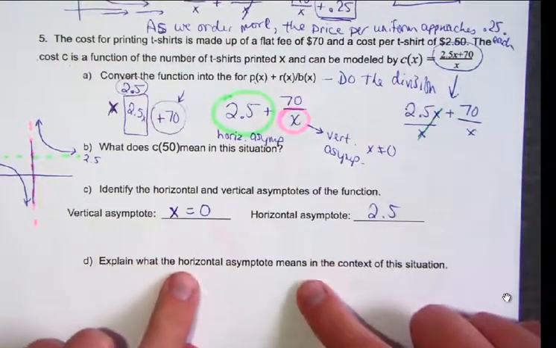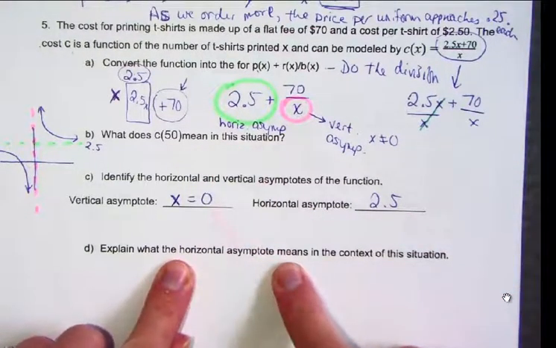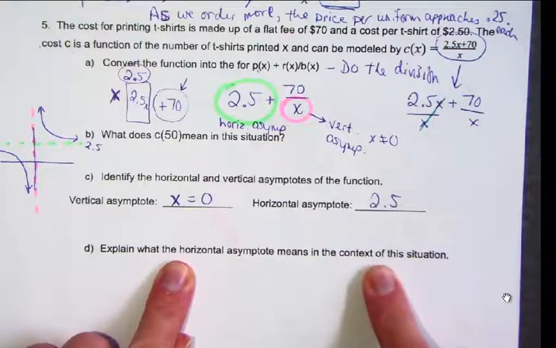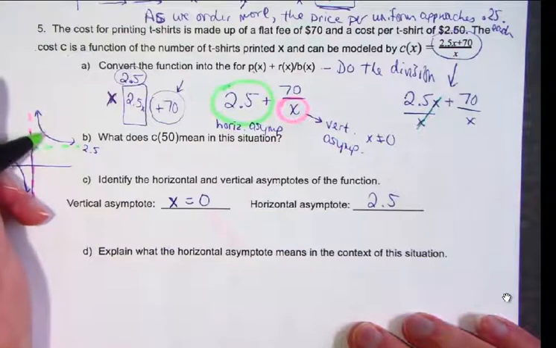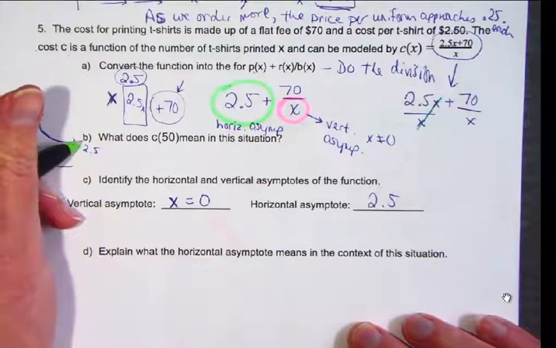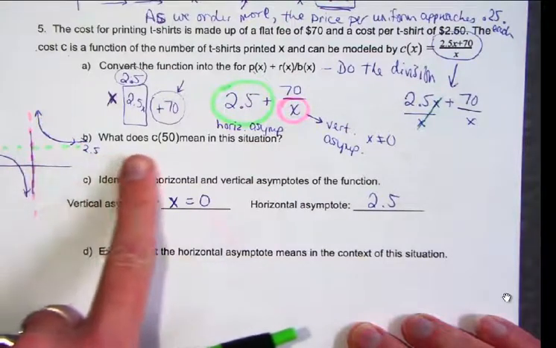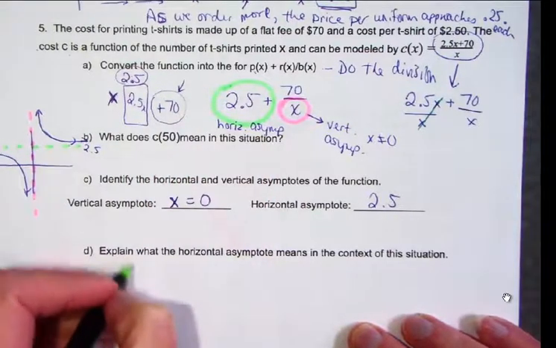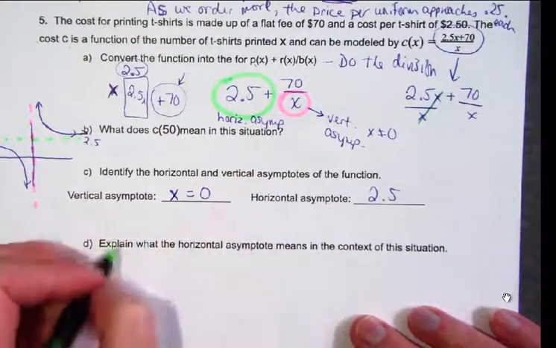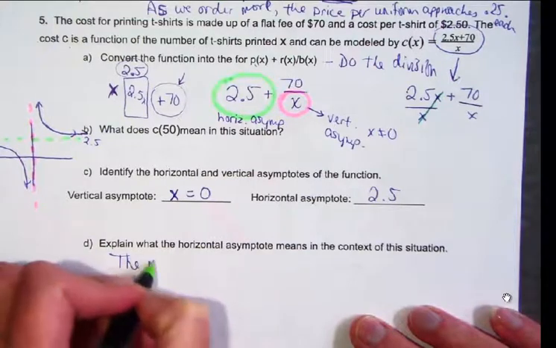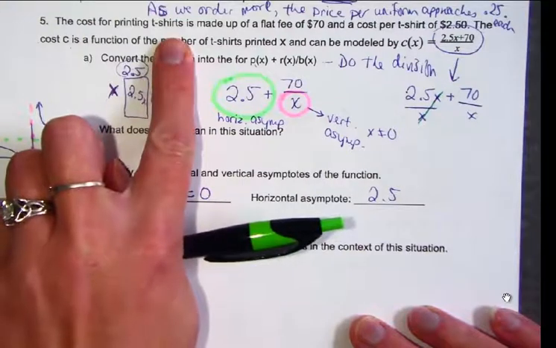And so if we wanted to explain, and I know I skipped part B, I'll come right back to that, but if I want to explain what this horizontal asymptote means in the context of this situation, what it's saying is that I see this graph getting closer and closer to this horizontal asymptote. And I notice it gets closer the larger and larger x goes. So that horizontal asymptote has two parts to its meaning when we want to interpret it in context. It means the more x's we have, in this case the more shirts we are ordering,